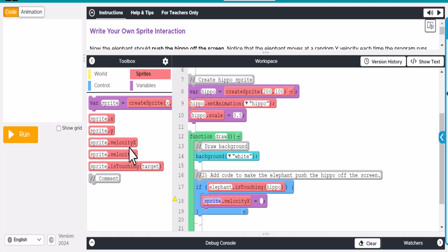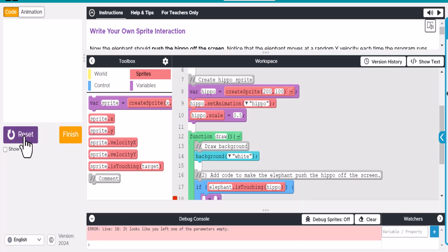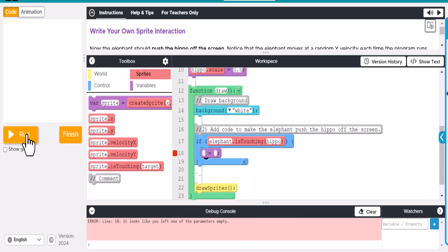Well, what we can do is just draw in another, oh, we don't want y, we want x actually, because I think they're moving up. Yes. Okay, so we got an error because I have an incomplete if statement down here. So we're going to go ahead and draw a sprite in there, and then the velocity for